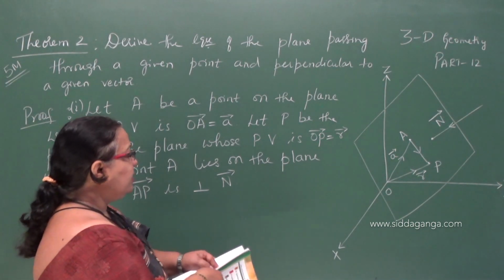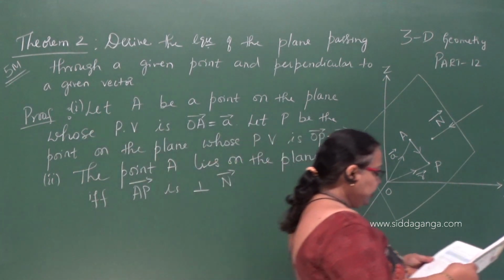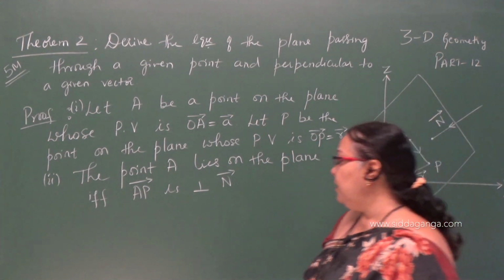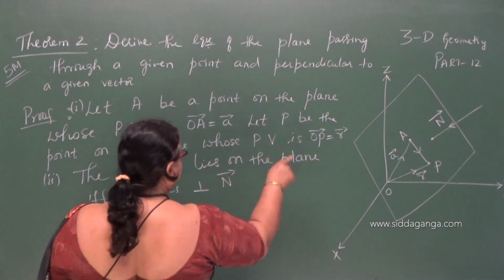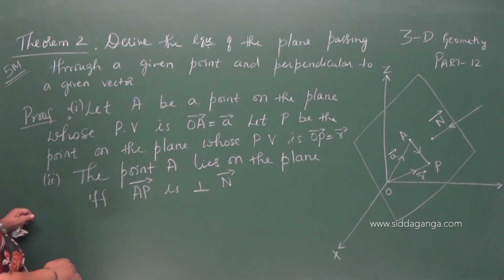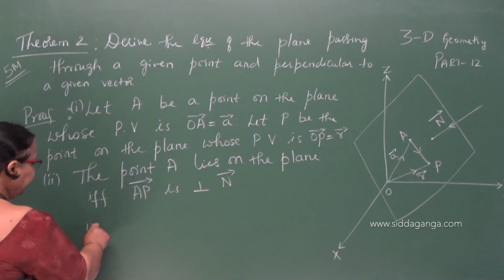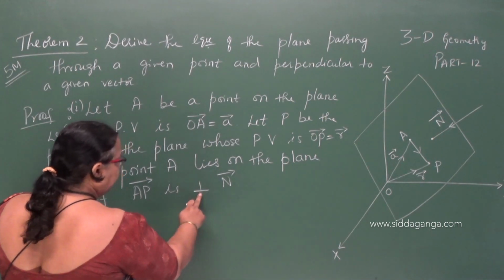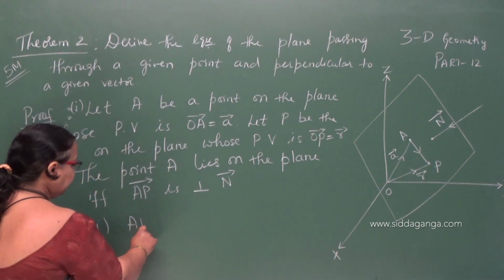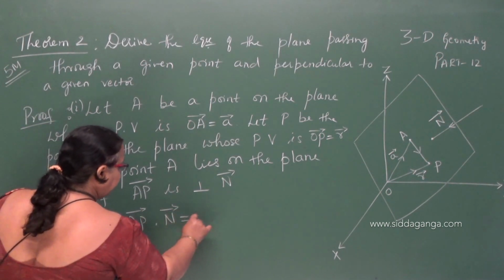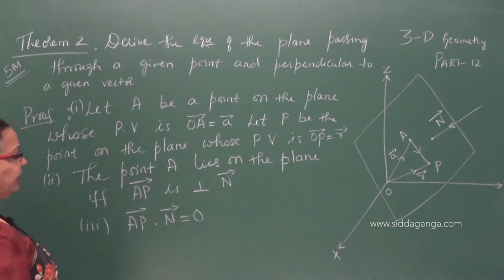Vector n is nothing but the normal vector, perpendicular to the plane. The plane will be perpendicular to vector n. So the plane and vector n will be perpendicular to each other. Since these two vectors are perpendicular to each other, then by definition we have vector AP dot vector n equal